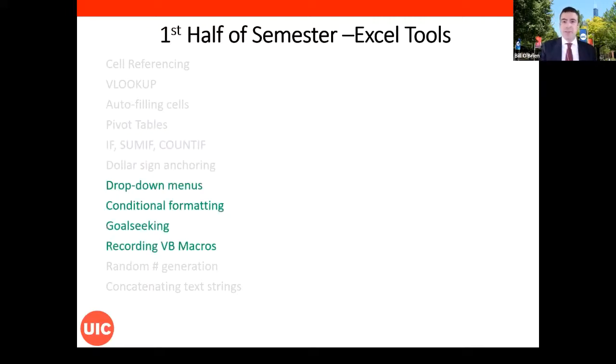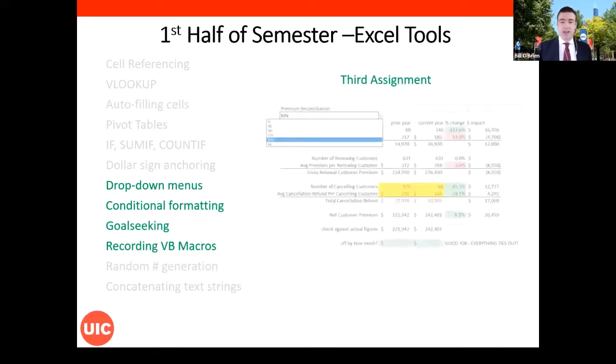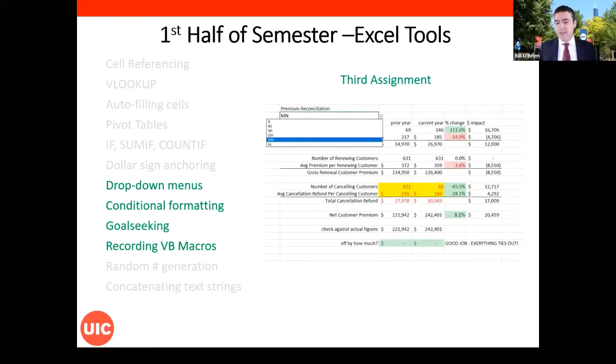And then right at about the halfway point of the semester, they have a harder assignment that uses more sophisticated functions like drop-down menus and conditional formatting. I created basically a variance analysis template. All of the data characteristics that I talked about for the customers roll up to top line revenue or premium for the company. So I have them basically fill some missing cells in to complete this variance analysis sheet,